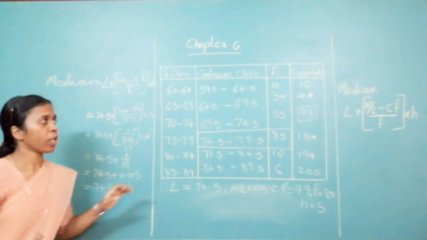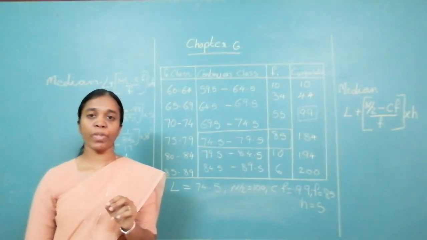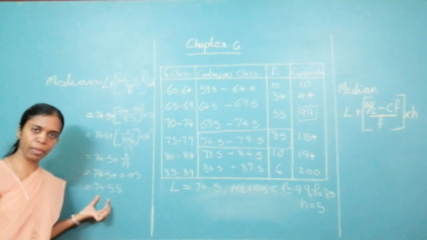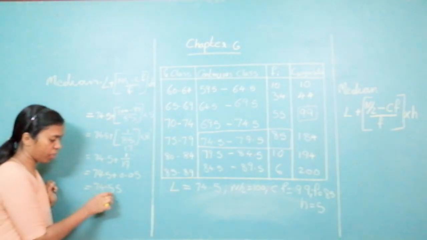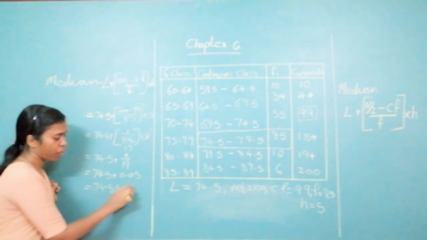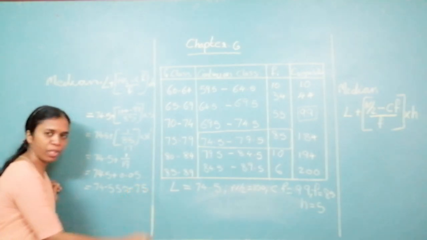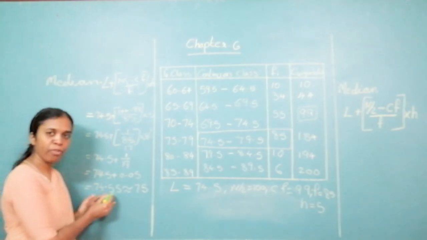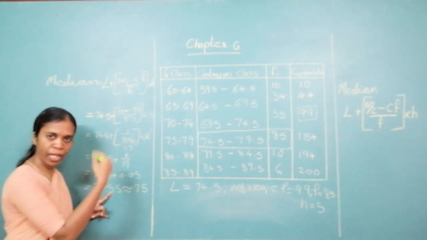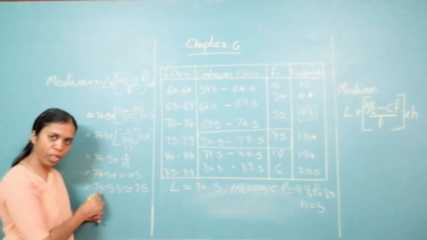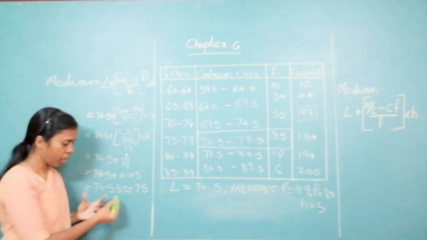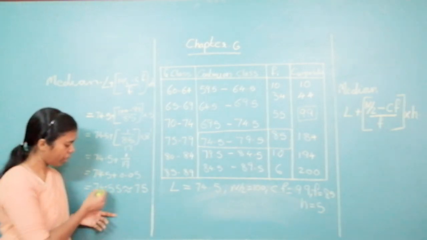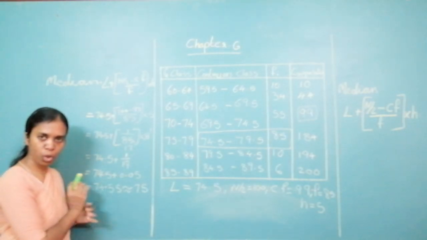Okay. Now you are asked to find the median of the number of vehicles. Now the number of vehicles cannot be a decimal. So since after the decimal this is 5, we can put it as approximately 75. Now please look here. After the decimal, if you have 5 and above, then we add 1 to the 74 over here. If this was below 5, that is 1, 2, 3, 4, then we consider this as 74 only.